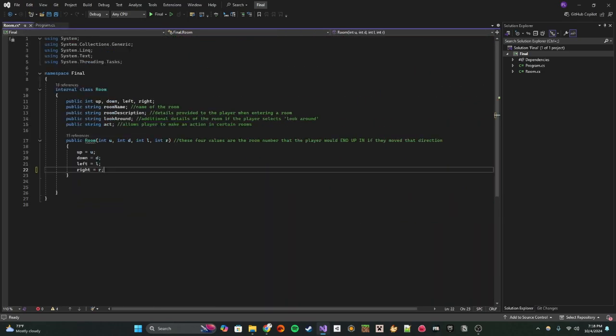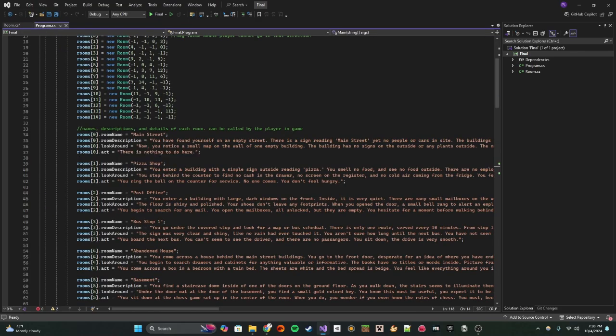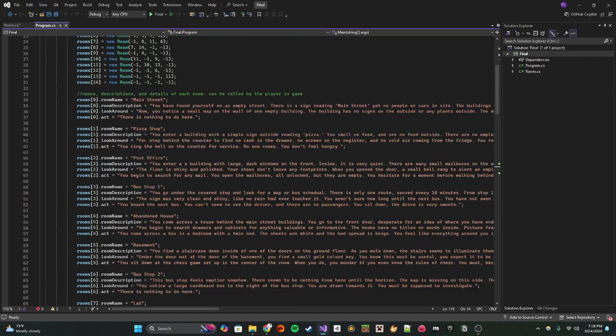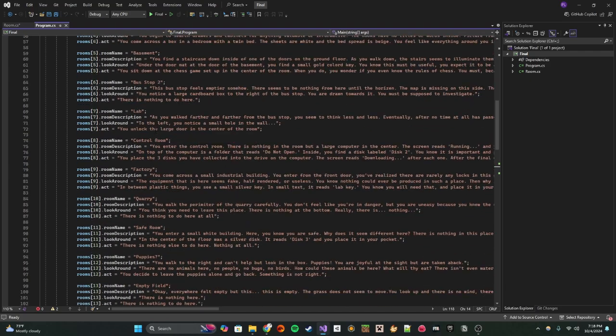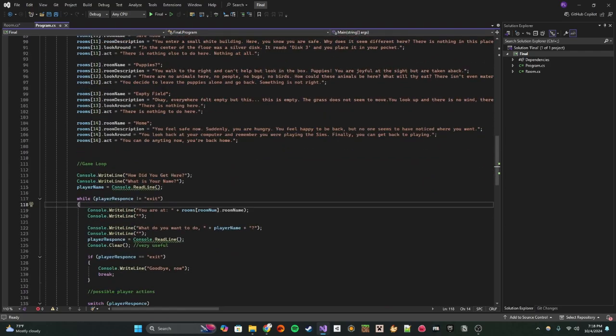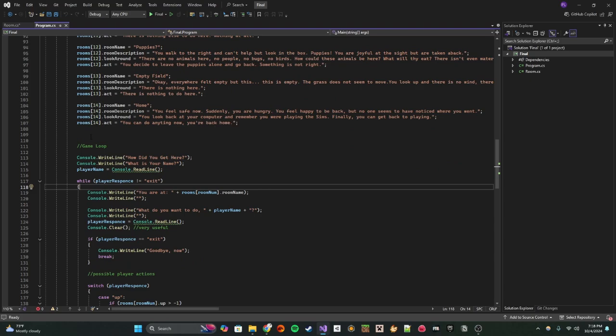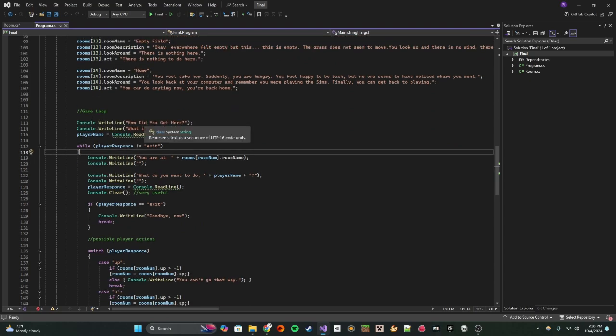And then if we peek over here, we have several different variables, strings, declared for each room. We have a room name, description, look around for more details, and an act. And so I wrote all of this stuff for 15 rooms, and then we go right into the game loop